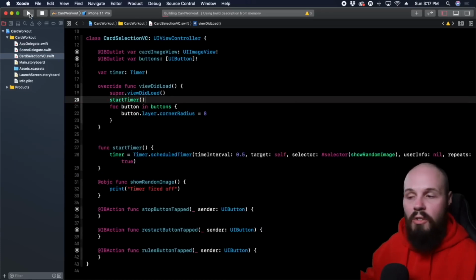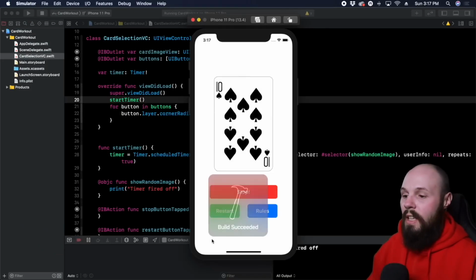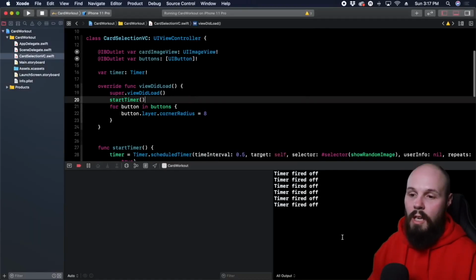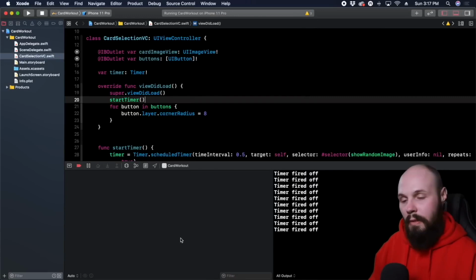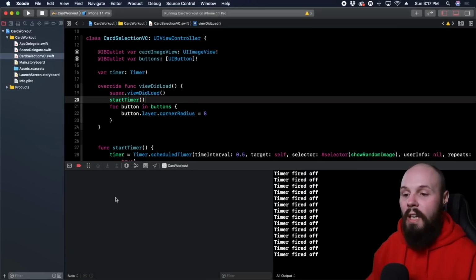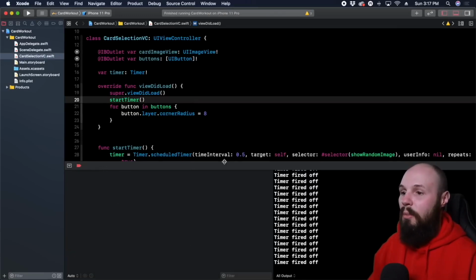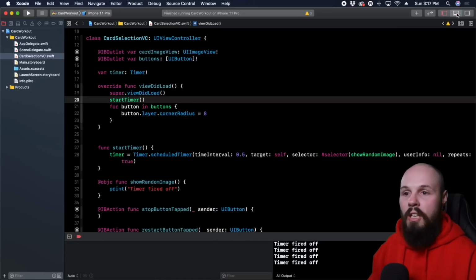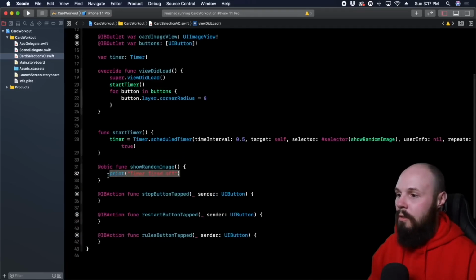And we should see in our console just a bunch of print statements firing off every half second. Yep, you can see it right here. Timer fired off, timer fired off, timer fired off. Okay, so our timer is working. Now we just need to, instead of printing something, change the card image view. So we can do,